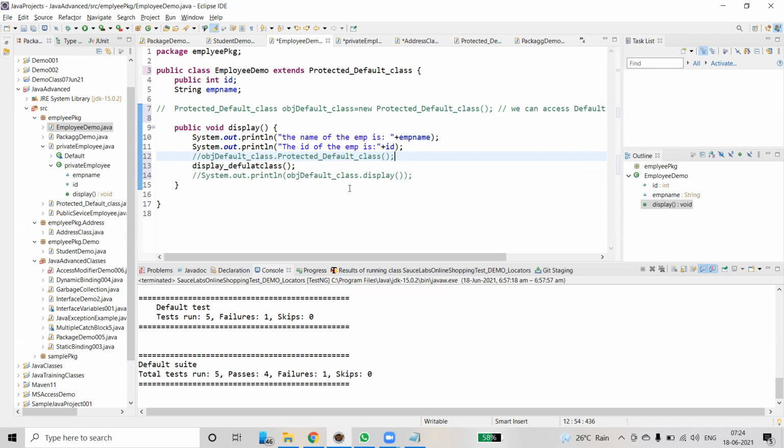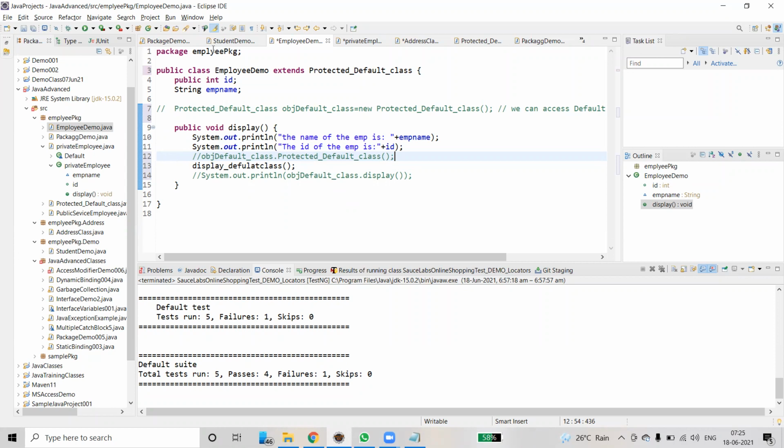So the protected access modifier enables us to access a class in another package, because the class extends with the access modifier called protected, which has a scope of both public as well as the derived class. So protected data members and functions are only accessible by the classes of the same package. That means we can access in the same package, one thing. Second thing, subclasses present in any package.